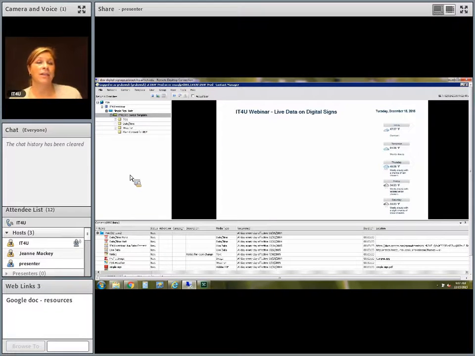Let's start with what is live data. Live data is basically what Four Winds Interactive, our software for digital signage, came up with to be able to pull in content that you can format and display on your signs from most external sources. That can include spreadsheets like Google or Excel, CSV files. You can link into SQL databases, RSS feeds, XML, and some third-party products like EMS or the Dean Evans scheduling system. Today we're just going to go over populating your sign and displaying images from a Google Sheet.